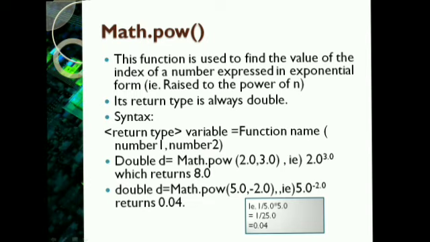And here I'm showing you how it became 0.04. That is 1 divided by 5.0 into 5.0, since the exponent is negative 2. If it was minus 3, then it would be 1 by 5.0 into 5.0 into one more 5.0. Here, since it is only minus 2, you multiply 5 two times. Then 1 by 5.0 into 5.0 is 1 by 25.0, which is 0.04. That's how you got the answer 0.04.